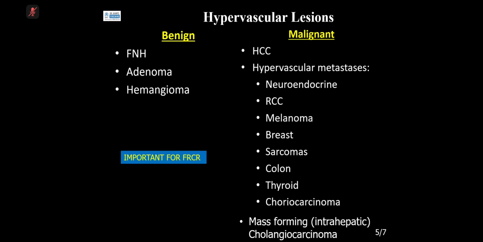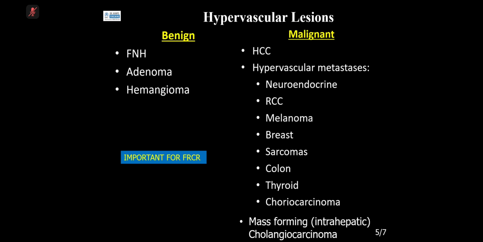And FNH, adenoma, hemangioma. Hemangioma is slightly different. This hypervascular hemangioma will be small, we call it a flash hemangioma. But it can show restricted diffusion. It has its own characteristics. But today I'm going to teach you the difference between FNH and adenoma just on the basis of hepatobiliary specific contrast. Malignant, on the other hand, HCC or mass-forming cholangiocarcinomas, but there are huge hypervascular metastases, which